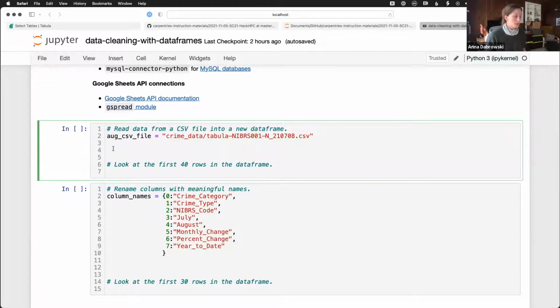So I'm going to create a data frame object with the data in the CSV file. This time I'm going to call my data frame crime_df. That's the variable name I'm giving it. You can name it whatever you want, but I want to be clear that what's in this data frame is crime data. And then I'm going to use pandas, so pd dot read